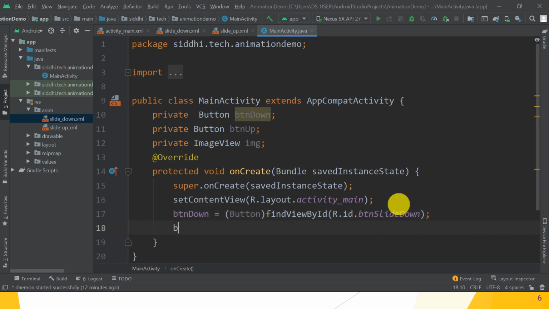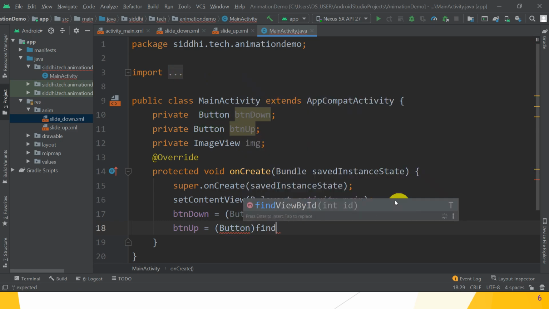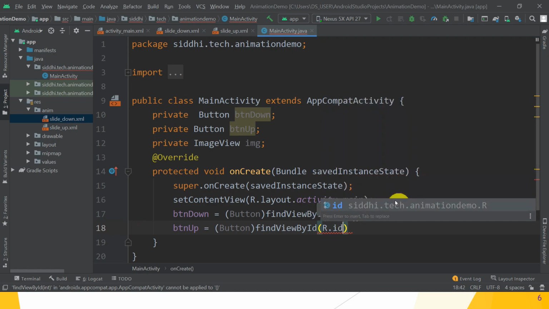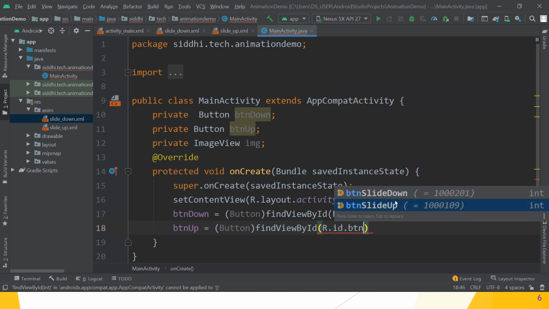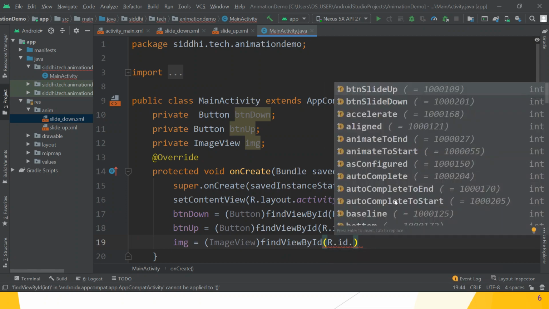Similarly for buttonUp is equal to Button findViewById method and pass the reference, that is R.id.buttonUp. Great. After that for imageView, give the reference, not Button, it is an ImageView. So ImageView findViewById method, pass the id R.id.imageView.